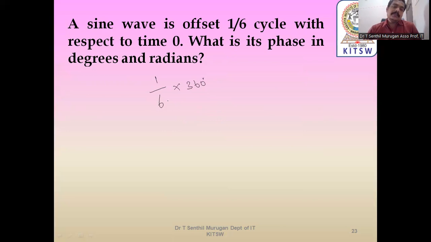So the phase is 60 degrees. Now what is the radian? To convert to radians, we know the formula: 1 degree equals 2π by 360 radians. So 60 degrees means,